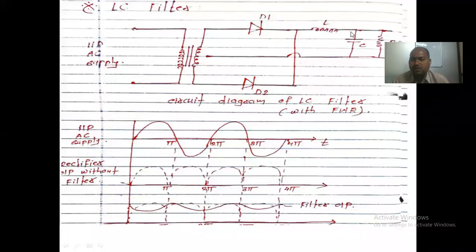But see, this is not an ideal device, so if it contains some ripple, that should be passed over this capacitor. If it contains some AC component, that should be passed over by this capacitor. So we get the DC output. But see, this is also not pure DC, because whatever ripple passes over it has a lesser value, but it still contains some of the ripple, right? This is the thing.